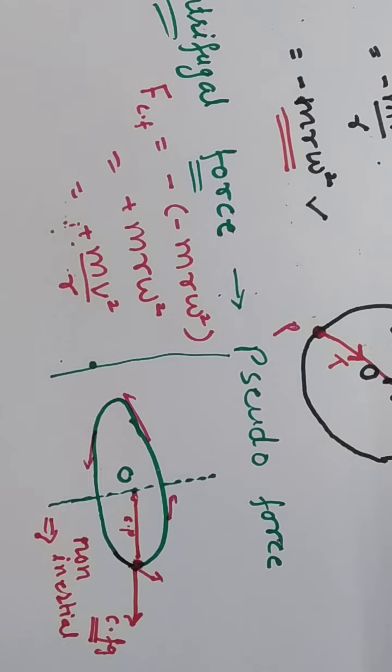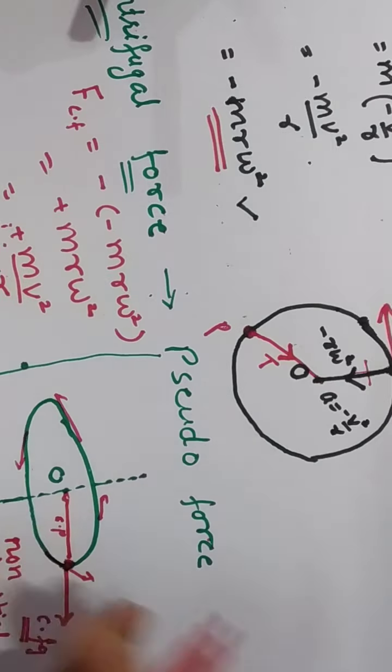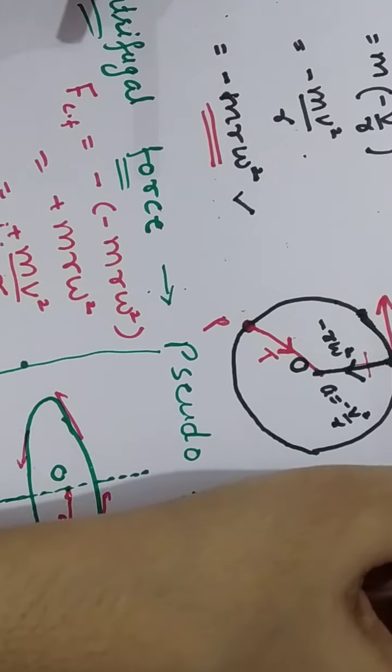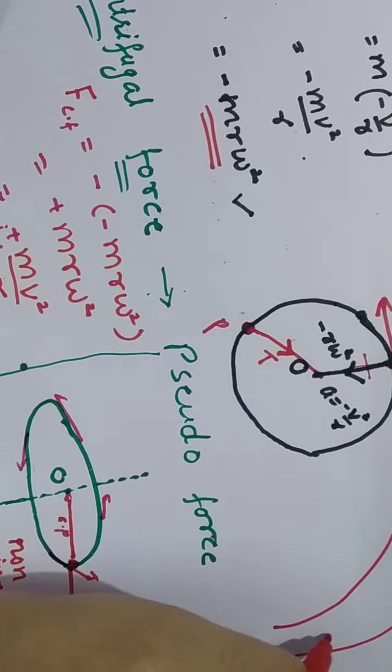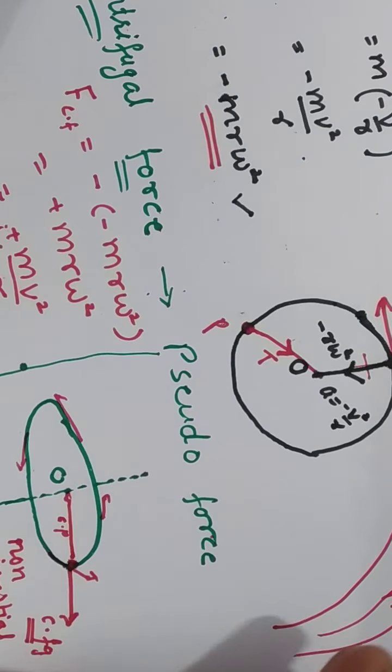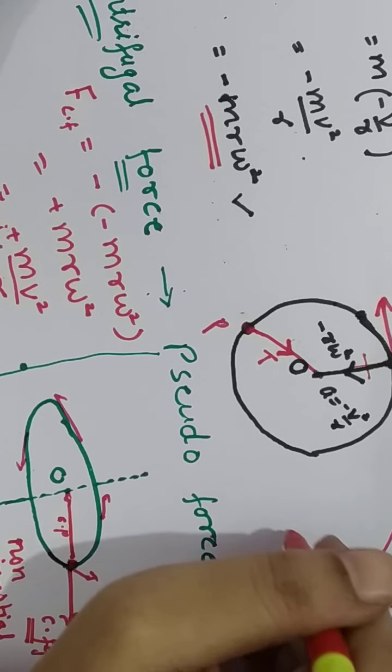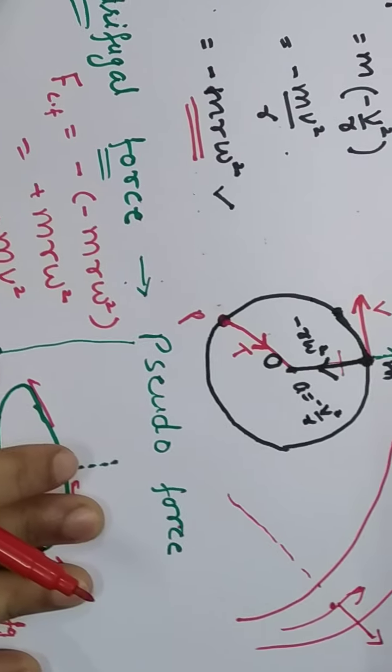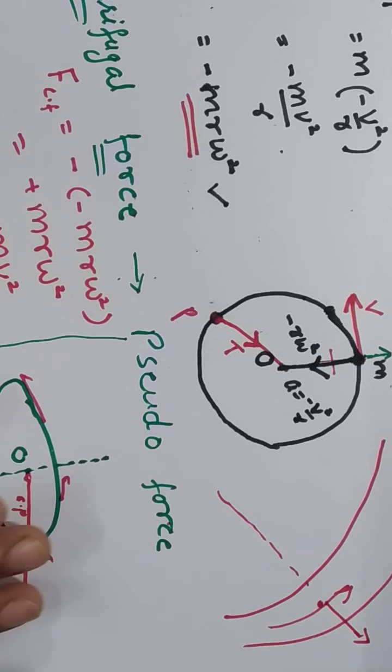The second is on a curved road. Suppose you are the observer sitting in a bus and the bus is moving along this curved road. When it takes a sudden turn, the passenger sitting in the bus will feel a push in the outward direction, which is away from the center of the circle. So this is all about centripetal force and centrifugal force. These are the two forces. In the next lecture, we are going to discuss their difference. So let's stop here.